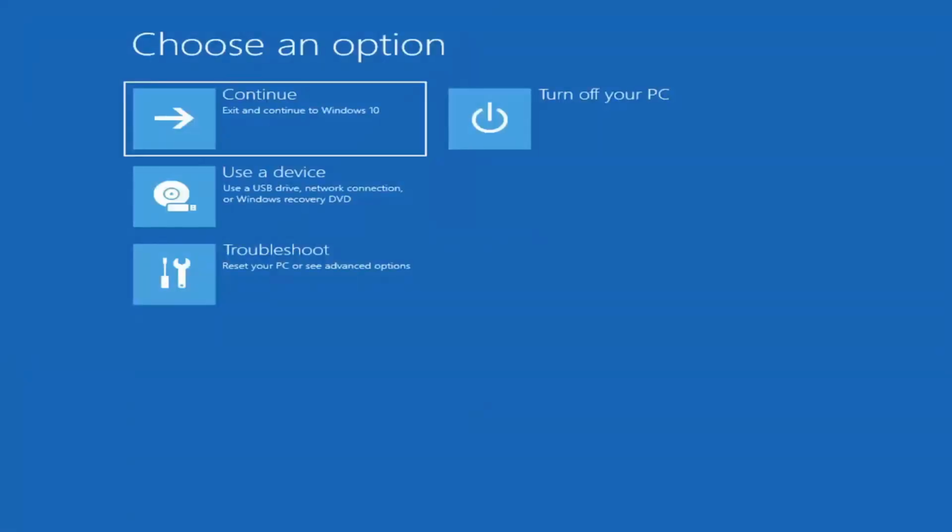K-mode exception not handled, kernel data in-page error. A lot of errors pertain to this problem, and we're going to go ahead and jump into what should hopefully be a pretty straightforward process, guys. So first thing I'd recommend doing would be to actually go ahead and boot to the troubleshooting